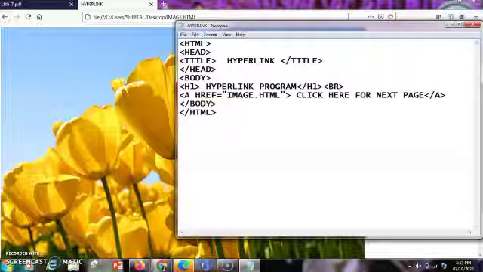So keep in mind, a hyperlink is always used to connect two web pages. You can just give the address or the path of one program in the href, and then the connectivity is done. Basically, the hyperlink appears in blue color with an underline below it if you have not visited it, and when you visit the hyperlink, the color changes to purple. So this is what a hyperlink is.